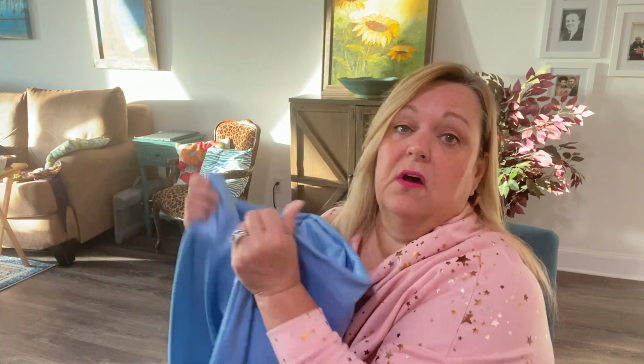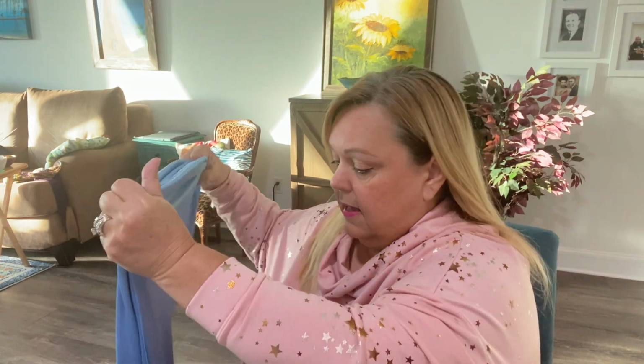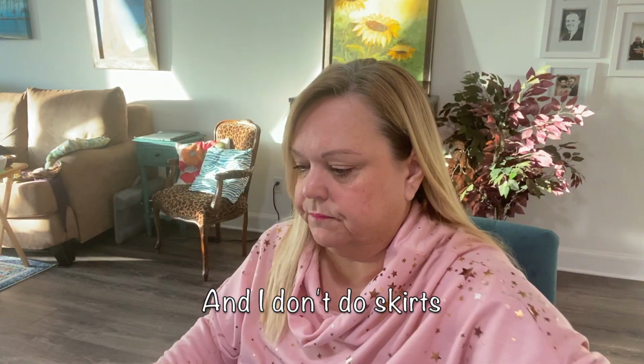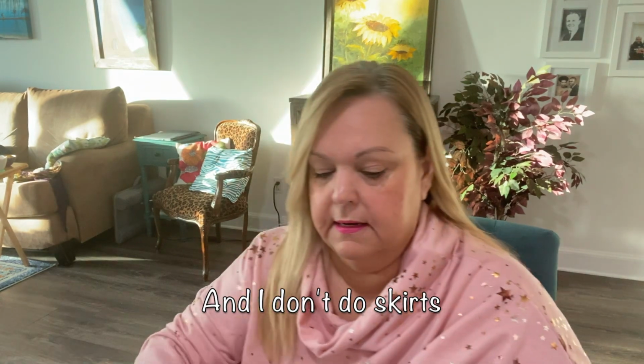I would love your thoughts on what you think I could use that rayon challis for to get the kind of look that I'm going for. Okay, so those are the 2 items I bought from Minerva. This next one I bought from Spoonflower, and